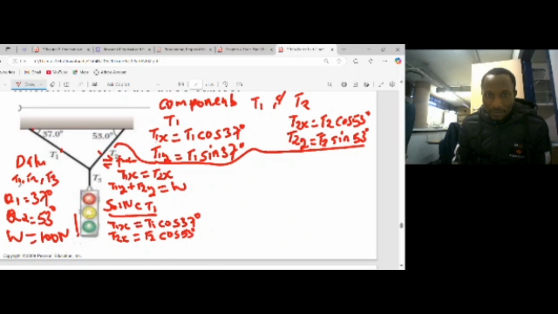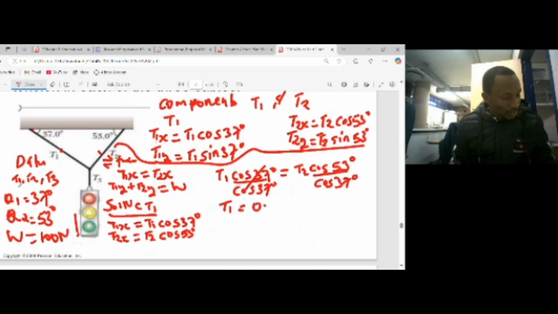So it therefore means T1 cos 37 degrees is equal to T2 cos 53 degrees. Because we are solving for T1, we divide both sides by cos 37 degrees. This one cancels, and T1 is going to give us